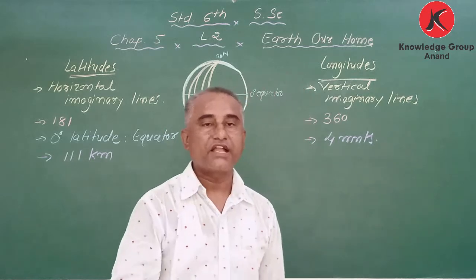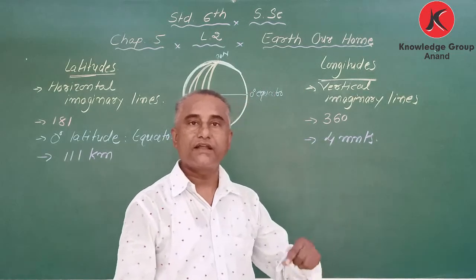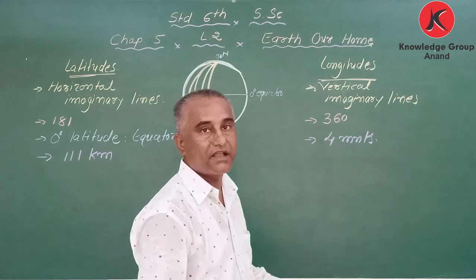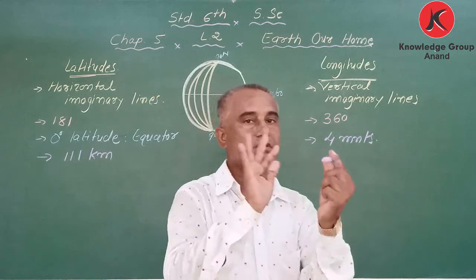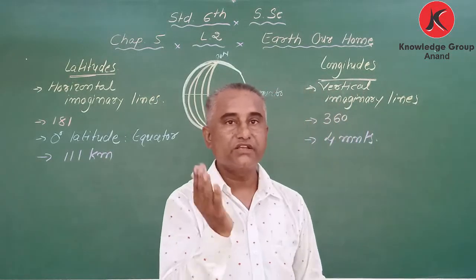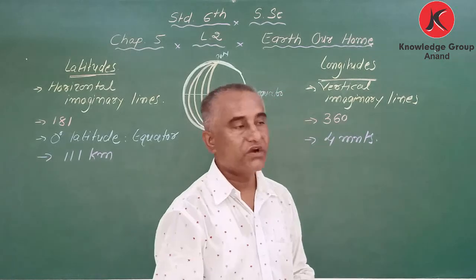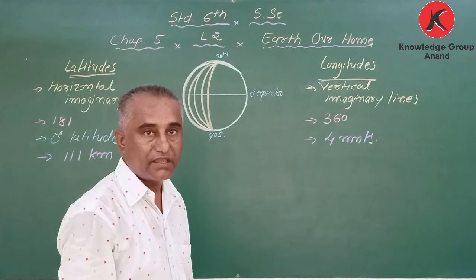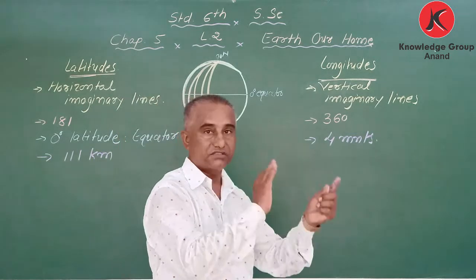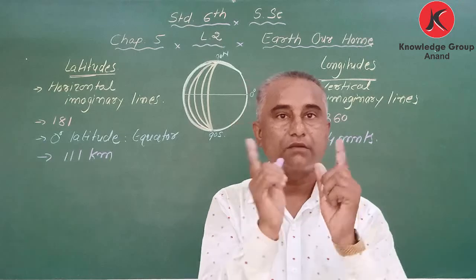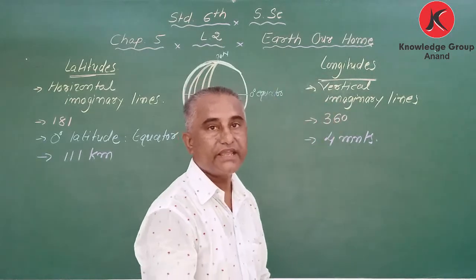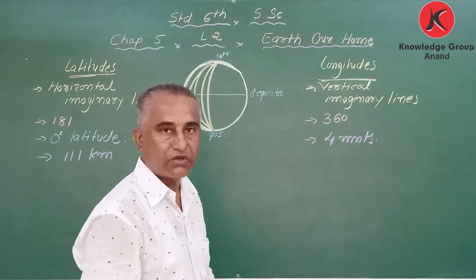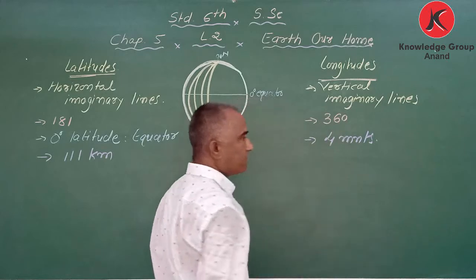Actually, we have to learn this next year, but today I am going to explain why it is. It comes in a minute. Because the Earth moves on its own axis, one by one all the longitudes come in front of the sun. So slowly it turns, and because of that motion we have day and night. That I will explain in detail later on. But today we are learning this much only.